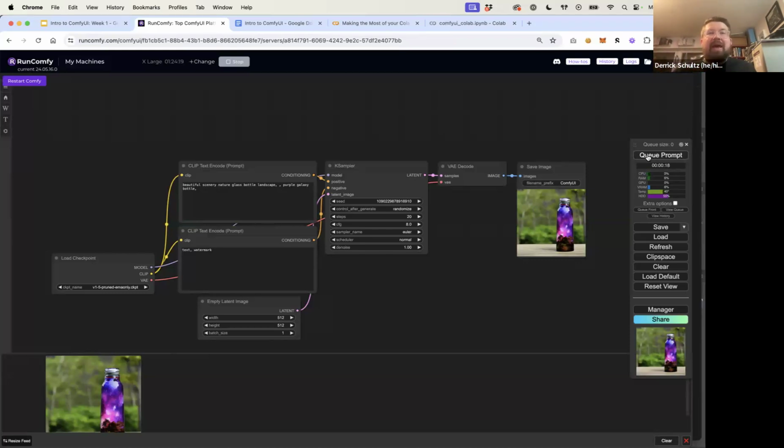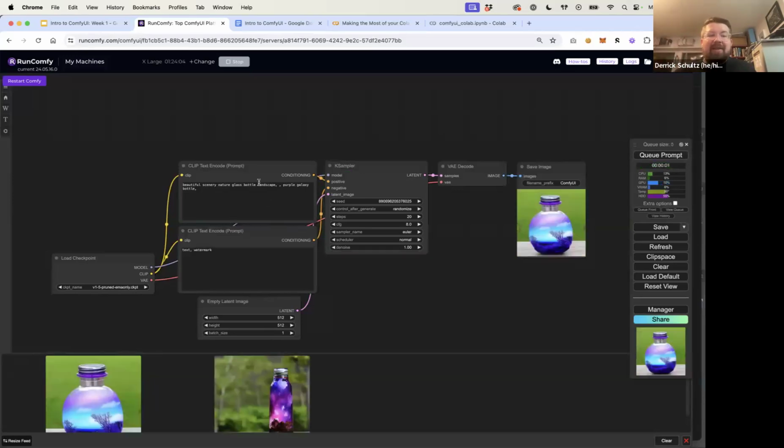Another nice thing about Comfy is that it caches anything that needs to be cached. So because I've run this load checkpoint once, if I don't change this load checkpoint, it's not going to take another 15 seconds or 30 seconds, however long it took to load that checkpoint. If I hit this again, it's going to be much, much faster. In fact, it even skips these steps because it's already been loaded. So there are some really nice benefits to Comfy in the sense that you don't need to constantly rerun stuff or learn how to cache things, that sort of thing.